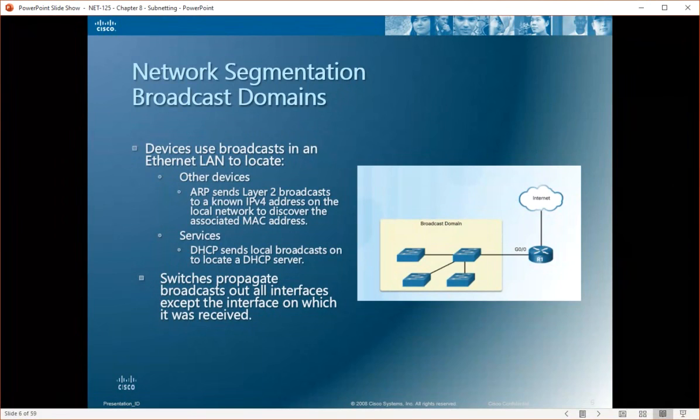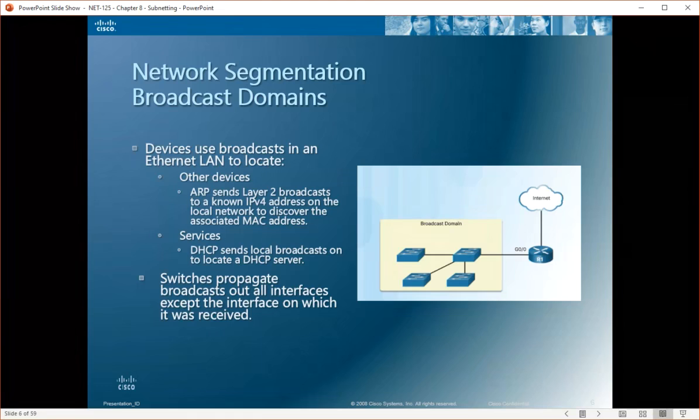Think about your first day of classes for the semester. You're always like, all right, am I in the right classroom? Is this the right instructor? Is this the right class? Am I bringing the right materials? Things like that. So in a standard LAN, devices will use broadcast to locate other devices via layer 2